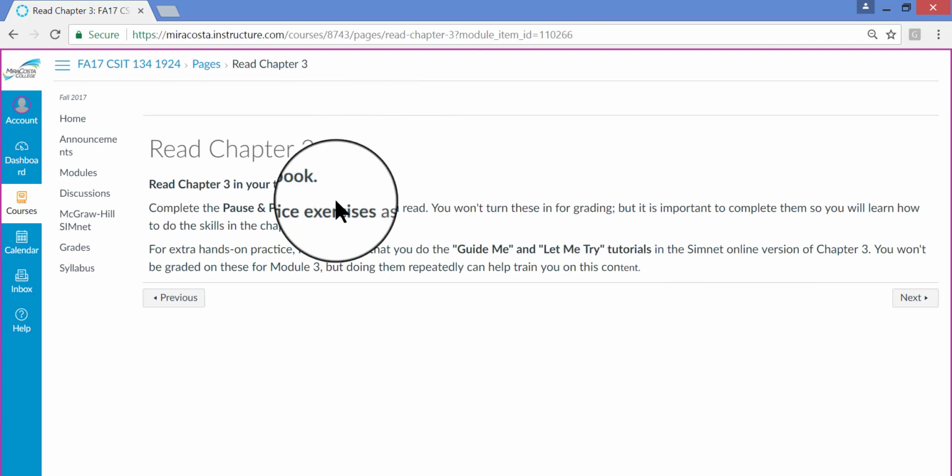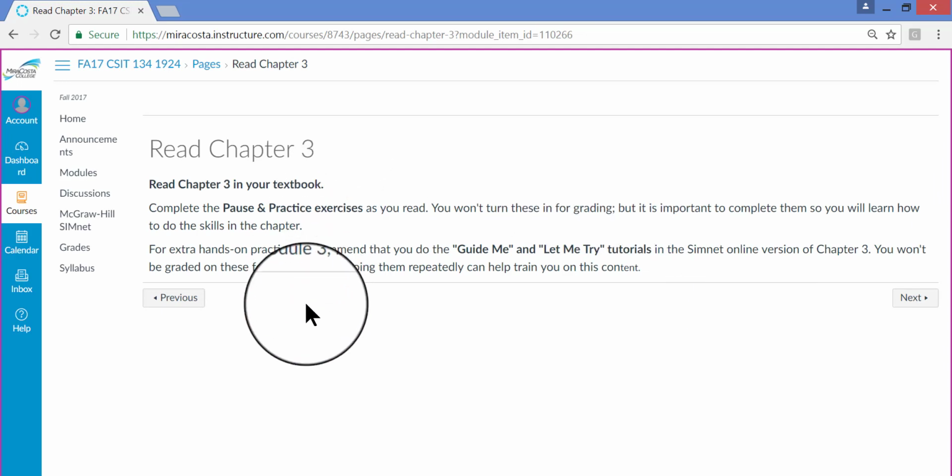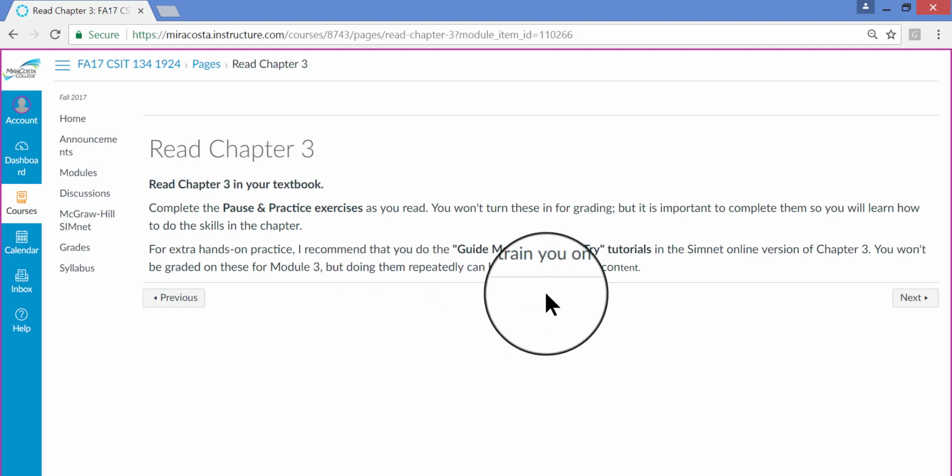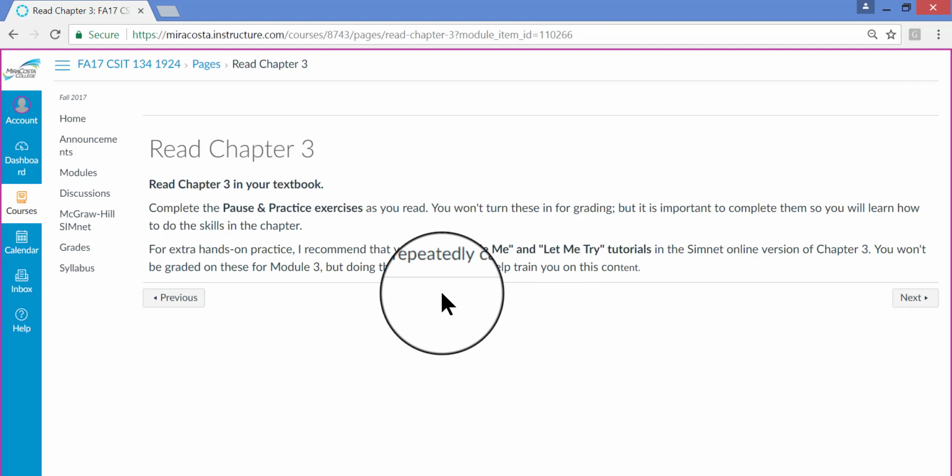This is just a reminder to read Chapter 3 and what's expected of you here. You do not have to do the Guide Me, Let Me Try, Show Me, Let Me Try tutorials in Chapter 3, but I do recommend that you do them. They can help you not just learn the tools and the skills, but they can also help prepare you for